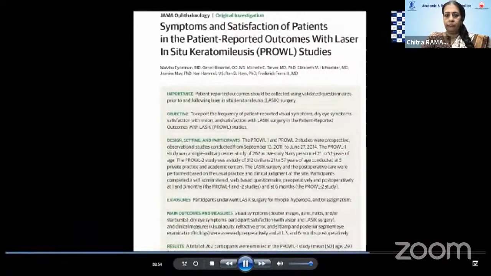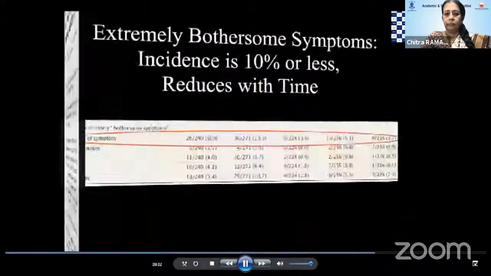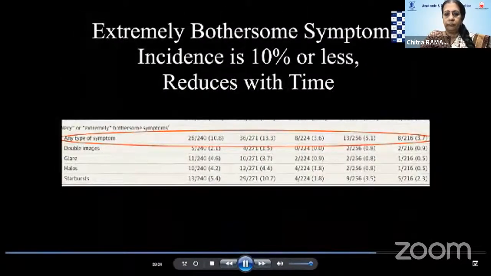So this was probably the largest study, the PROWL study, on patient-related outcomes following laser in situ keratomileusis, which showed that less than 10% of patients have significant, extremely bothersome symptoms post LASIK, and they reduce drastically over a period of time. Most of them would report somewhere